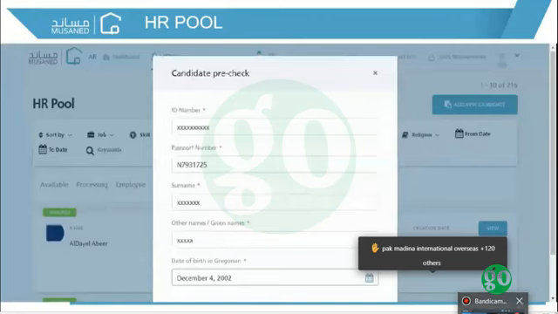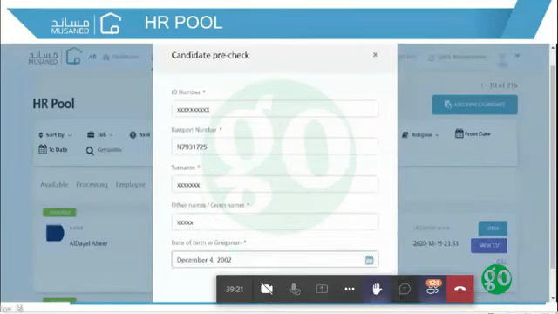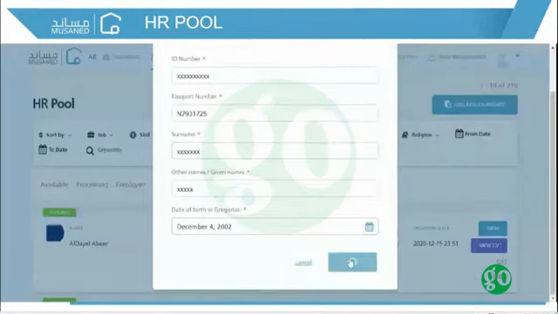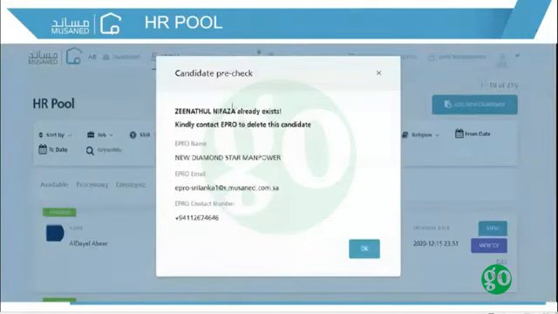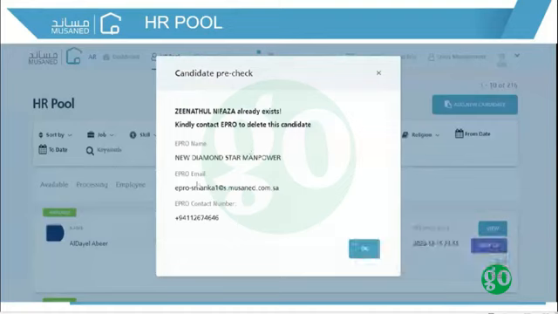All of the candidate's personal details should be unique, meaning that one candidate cannot exist in more than one EPRO. If so, the system would display a window stating that this candidate already exists with another EPRO, in which case this EPRO is expected to contact the other EPRO to delete this candidate.